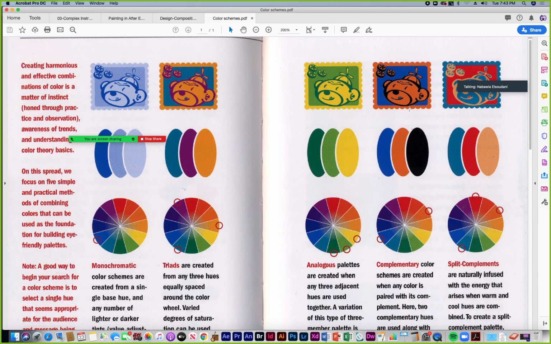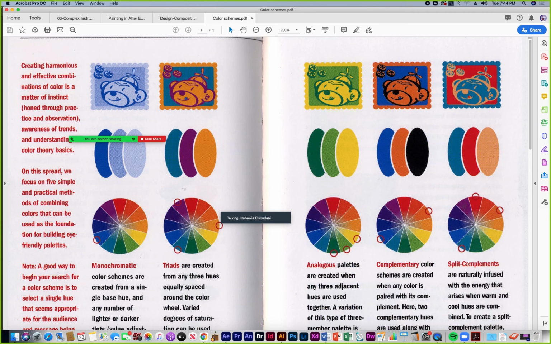They added the black in there to offset that vibration from happening, and that's why this design has a calming look to it. You don't have that vibrating going on, which you may want if you're trying to create a real wild experience for your viewer. You want them to get a little dizzy, or hopefully not have a seizure or anything, but that could happen to your viewer with pairing two complements at equal value side by side without the offsetting, using a neutral color or changing the value of the color.